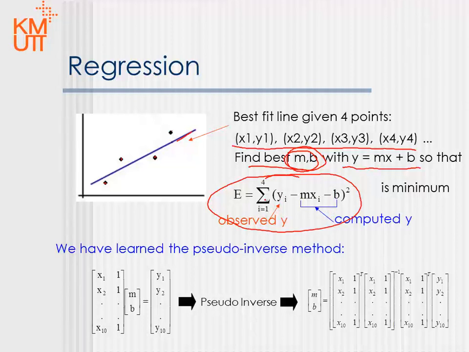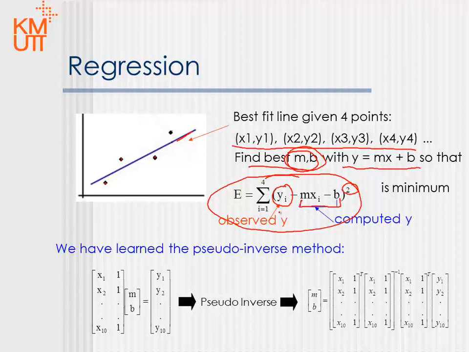So this is the energy function, which involves subtraction between xi, yi, this is the data. The data is 1, 2, 3, 4 pieces, so we have 4 pieces of data, and we check the computed y, which is this, and we subtract that from the observed y. So we look at the difference between the computed and the observed, and then square it. The reason we square it is just because the difference can be plus or minus, it's the